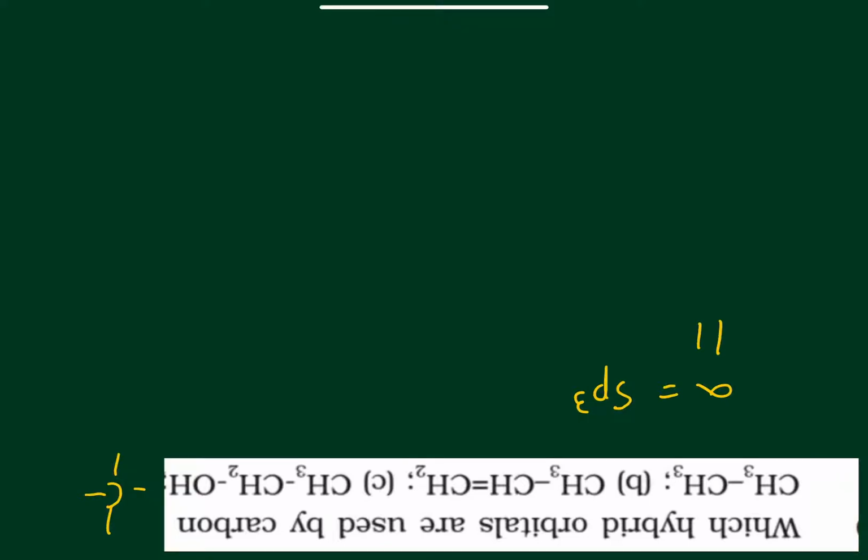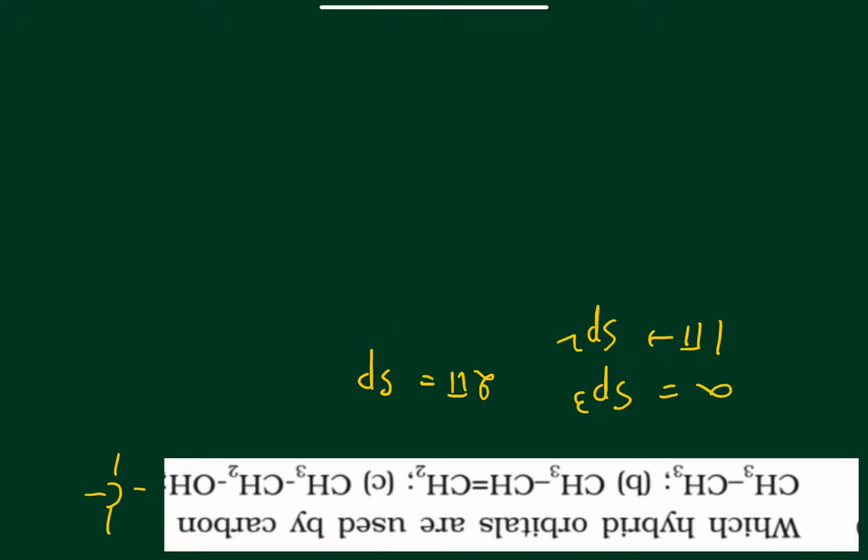When there is one pi bond, that means there are three bonds used. Pi is a double bond, only 3 bondings are done, that means it's an sp2. And when there are 2 pi bonds, then it is sp, because only 2 bonds are done. 2 pi bonds means it's a triple bond. So sp2 means 1 pi bond and 2 sigma bonds to satisfy carbon. Whereas sp means there has been a triple bond formation, and that triple bond will be taken as one orbital overlap, and from that we have to conclude the bonding. So that's how you will do hybridization.